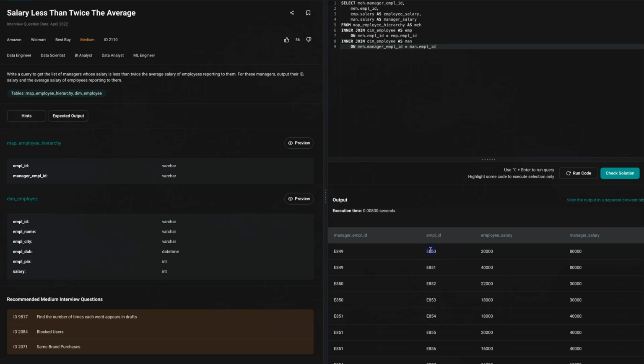So this employee makes 30,000, this one makes 40,000, okay? And I have the manager salary here as well, right? One thing I don't have is the average salary of employees, because that's what they're asking in the question: give me a list of managers whose salary is less than twice the average salary of employees. So what can I do here? I don't want to do a group by, because group by is actually going to reduce this data into